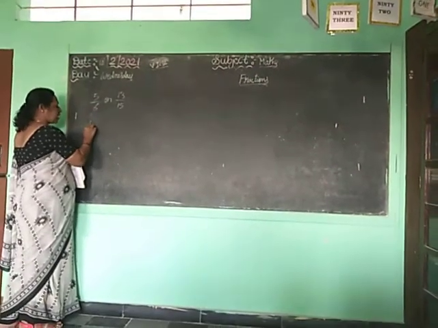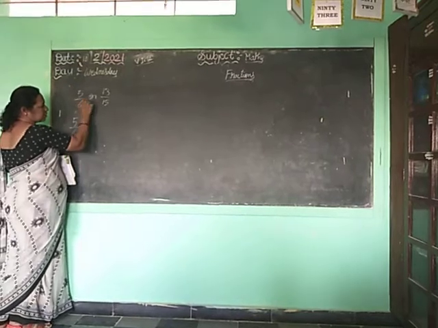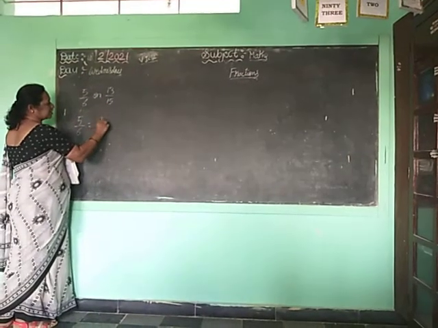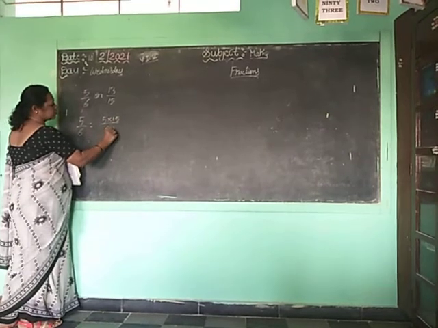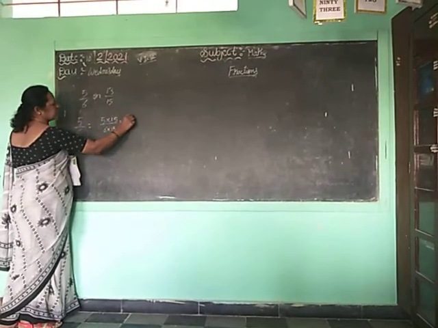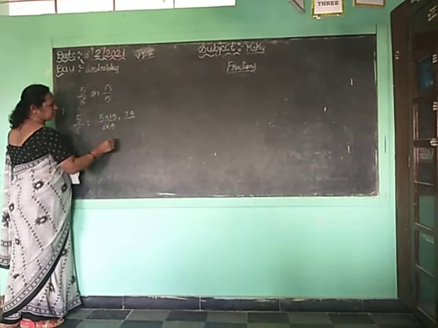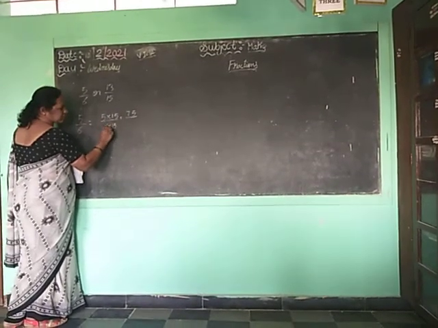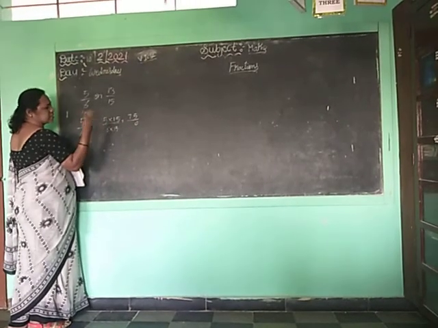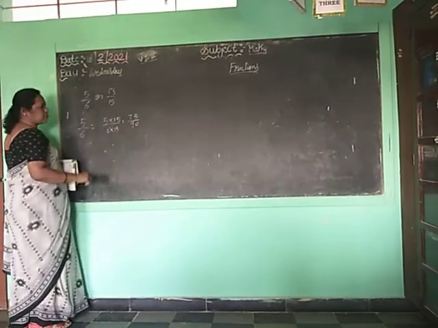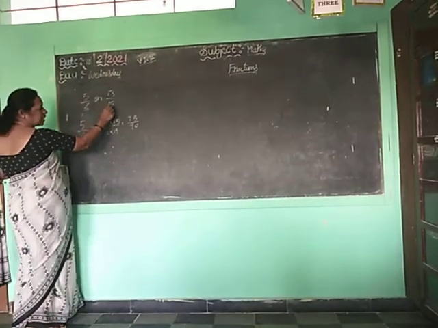So I will take this 5 by 6. I will multiply 5 by 6 with the denominator of the other fraction. That is 5 into 15, then 6 into 15. So 5 fives are 25, 2 carry, 1 five is 5, 75. 15 fives are 75. So 15 sixes are how much, children? 90. 5 sixes are 30, 3 carry, 1 six is 6 plus 3, 9. So 75 by 90.